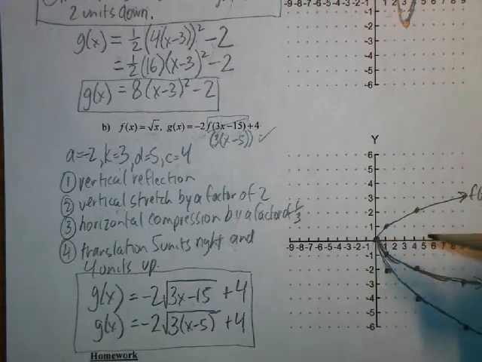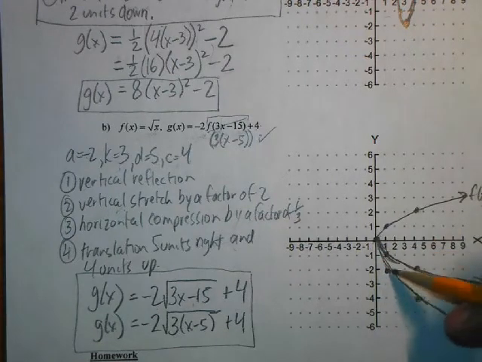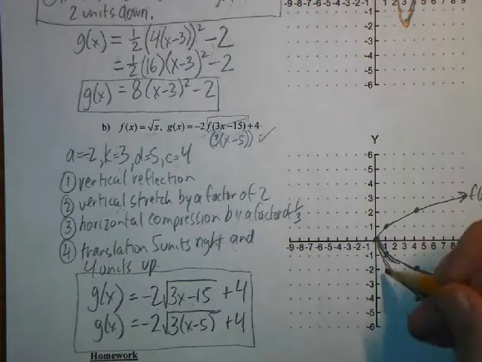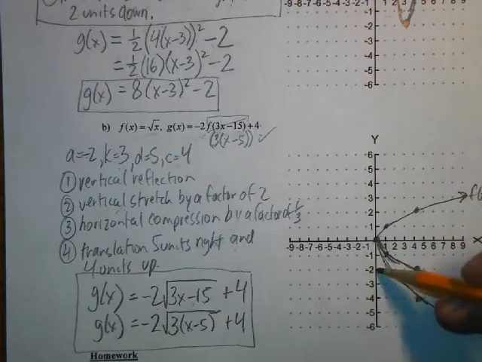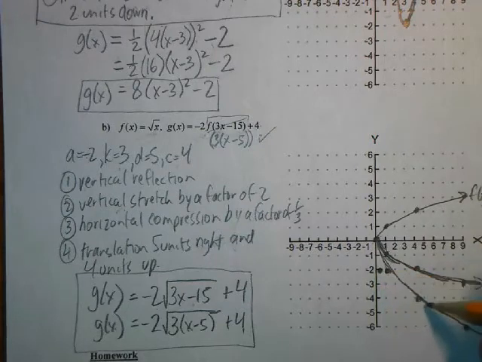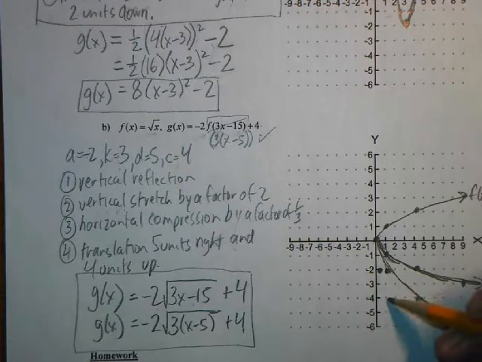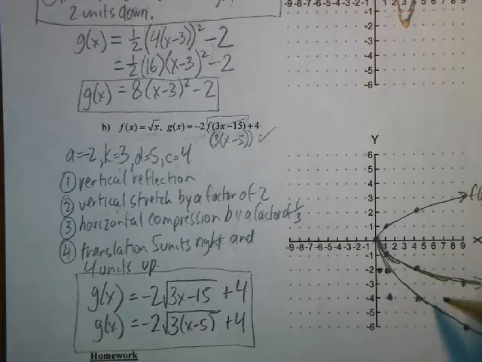So (0, 0) again doesn't change, but for this point here, the x coordinate is 1. We take 1/3 of that, so the new point is at (1/3, -2). This point here is at 4, so 1/3 of 4 is 4/3, which is 1 1/3, so that's about here. Then this point is originally 9. 1/3 of 9 is 3, so this goes all the way down to here. Sorry, 1, 2, 3. Okay,